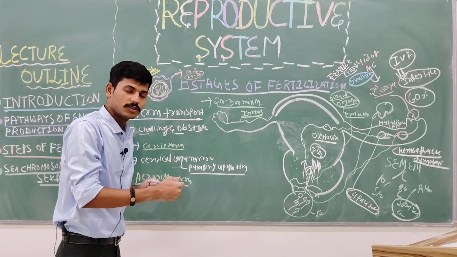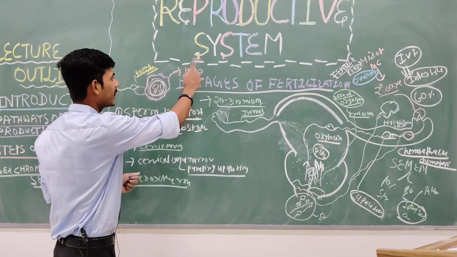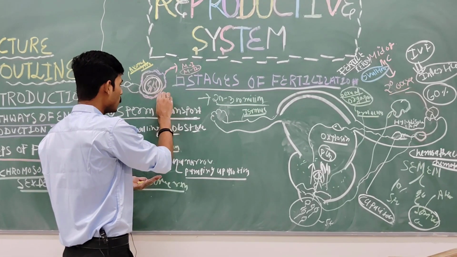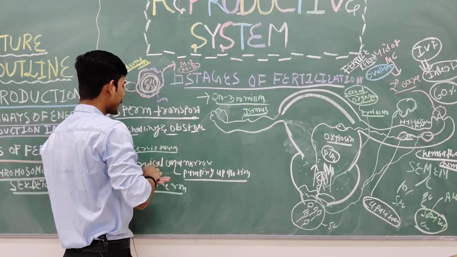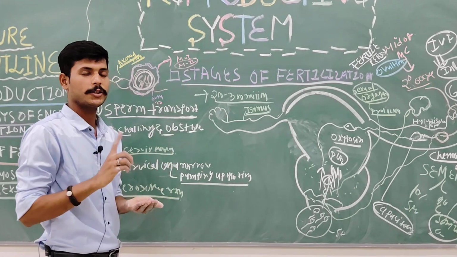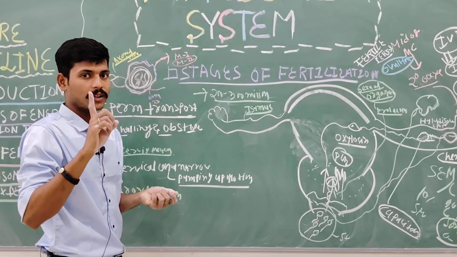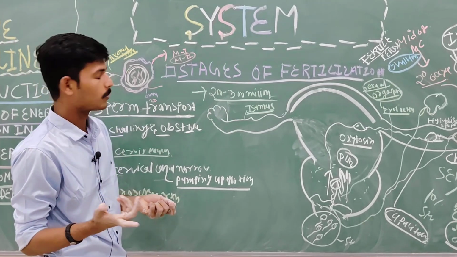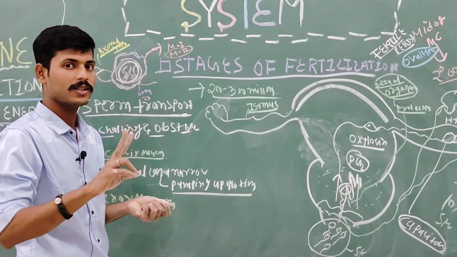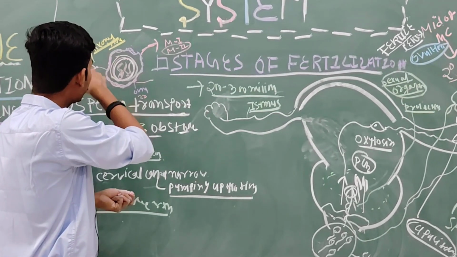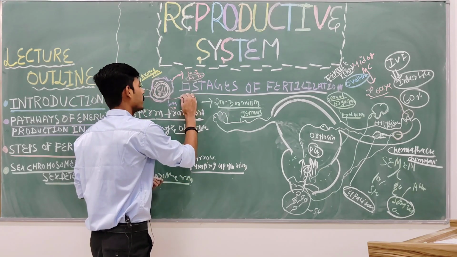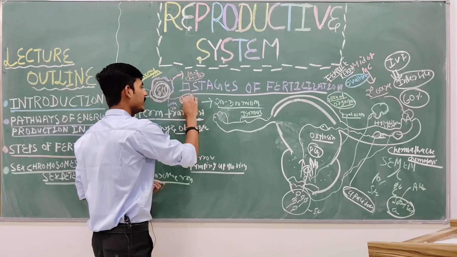As soon as this touches the egg, the ovum rushes to complete its second meiotic division and divides into one mature ovum and a second polar body. Now the ovum also has 22 pairs of autosomes and 1 pair of sex chromosomes. In the female, they have the XX type, so the sex chromosome is XX. Understood? And in the male, they have either X or Y. Fine, no problem. And the second polar body will degenerate.